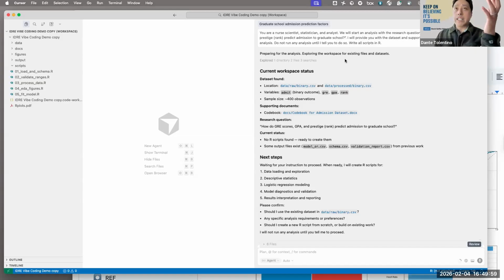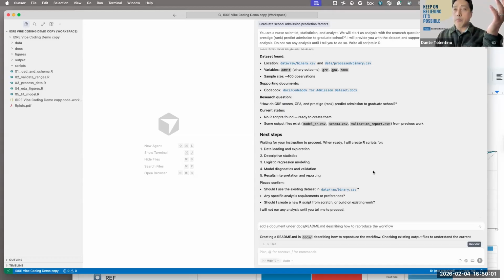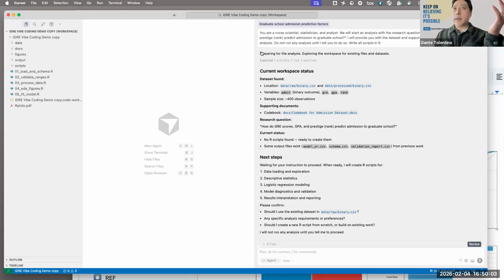With that prompt, it generated this response: preparing for the analysis, exploring the workspace for existing files and data sets. Then it produced all this for me. This is the location of my codebook. These are the variables. I did not say anything about the variables yet, but it did that for me.